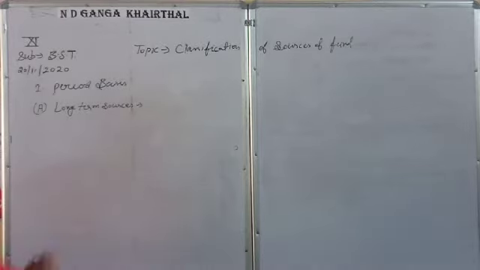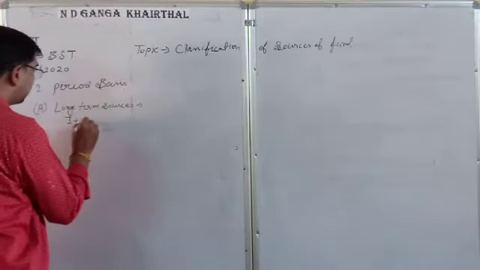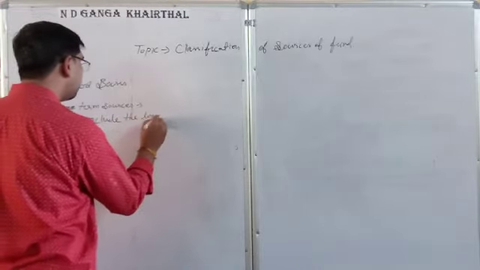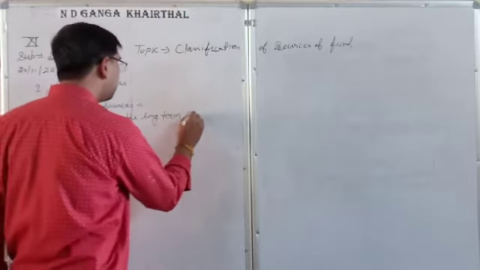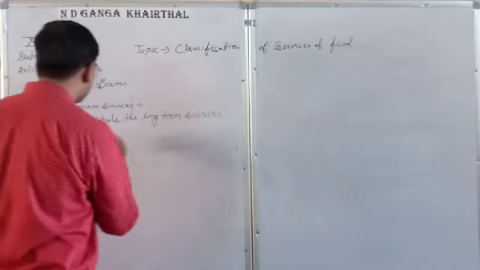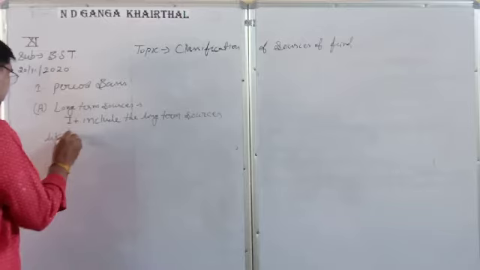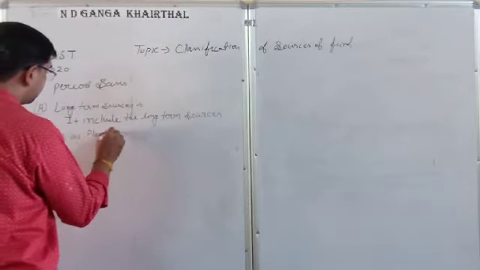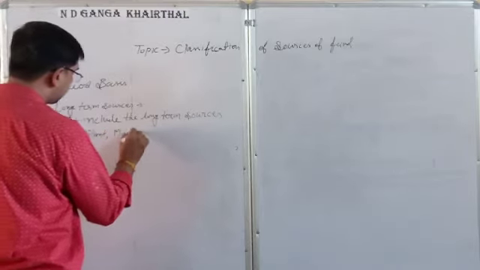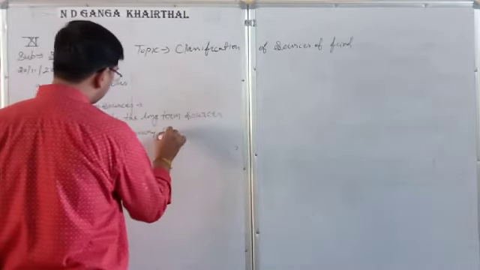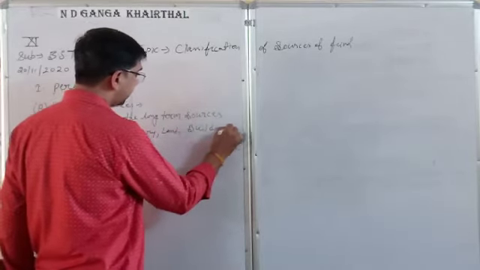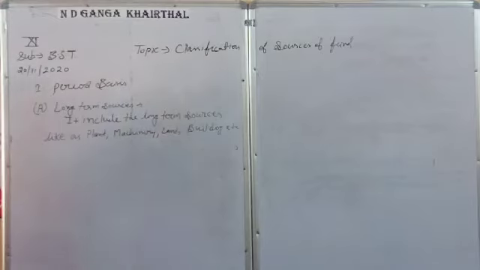So it includes long term sources like plant, machinery, land, building, etc. Okay, so these are different types of long term sources